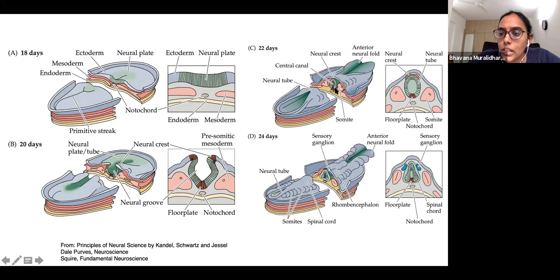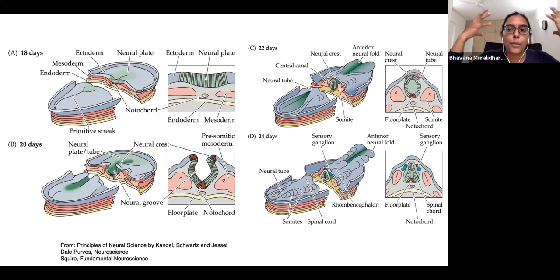And once this ectoderm comes together, the very lateral edges of this ectoderm form a set of cells called the neural crest cells. Now, what are the neural crest cells? So the nervous system in the entire vertebrate consists of two aspects. It consists of the central nervous system, which is the brain and the spinal cord. So anything which comes out from the neural tube is the central nervous system, which at the very anterior, that's